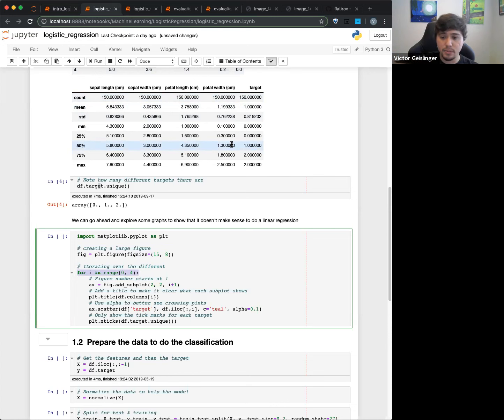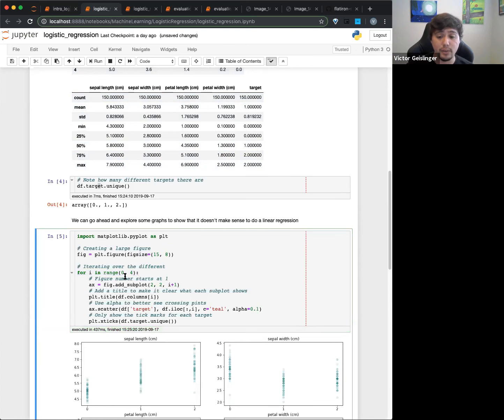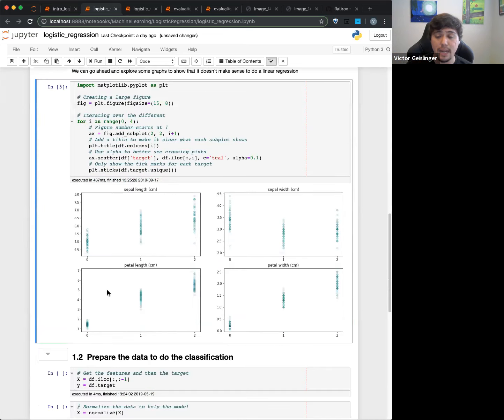Actually, I think I might have that switched over. I actually have the target on the x-axis, and on the y-axis is going to be the feature, which is usually backwards, but it's a little bit easier for us to see. So I'm going to go ahead and do this part, and you'll see I have a little bit of extra information. I also put alpha as 0.01 or 0.1, just so we can see a little bit better,